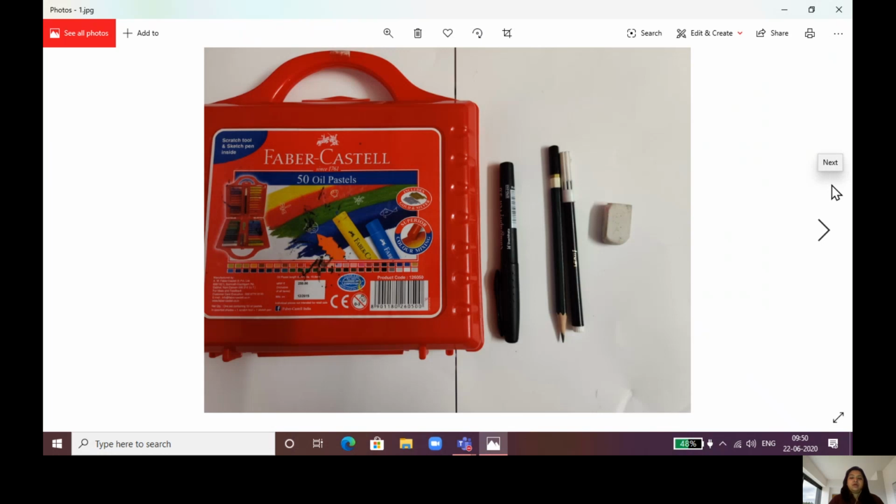Okay, so quickly have a look at what material exactly you're going to need for today's activity. Very basic material, whatever I have used. Here I have some white paper behind, if you can see. I used A4 size white paper, an eraser, a sharpened pencil, a black sketch pen, and a thick black marker. The marker and sketch pen are just for outline purposes, and that is completely optional. I have used some oil pastels over here. You can use oil pastels, sketch pens, color pencils, any color medium you have.